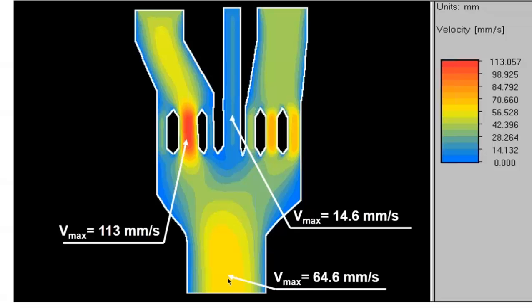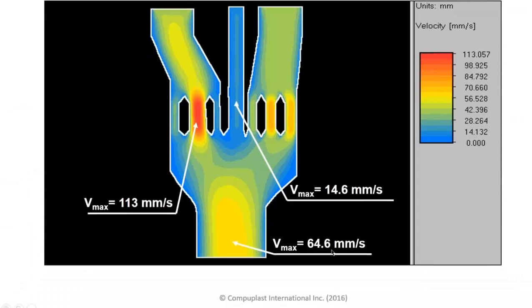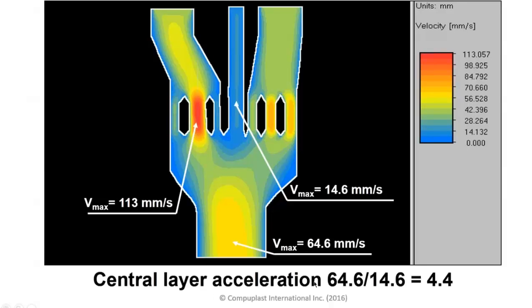And the maximum velocity just prior to entering the distribution manifold in the flat die was 64.6 millimeters per second. In other words, the middle layer had an acceleration of about 4.4. That is the velocity it had on its own versus the velocity after it merged and just before entering the